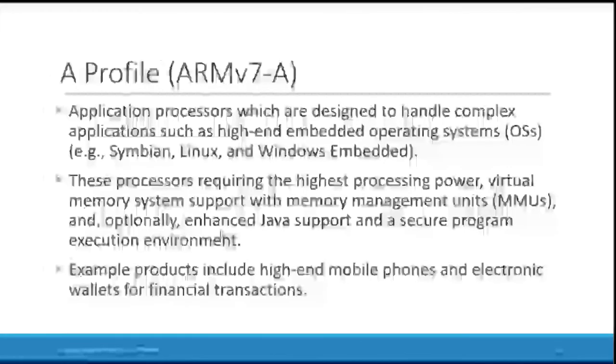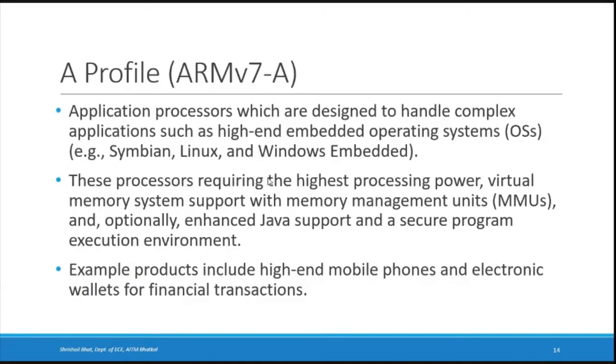A profile, or ARM version 7A, is that particular series. They are used for high performance applications. The application processors are designed to handle complex applications, such as high-end embedded operating systems like Symbian in your mobile phones, which was used in your Nokia phones, then Linux or Windows embedded systems, even the Android operating system you use in your mobile phones. So where an OS is used, OS-based embedded systems, there you can use this A